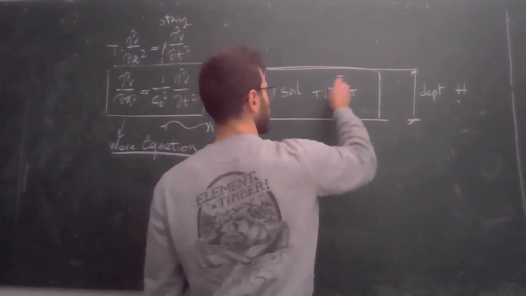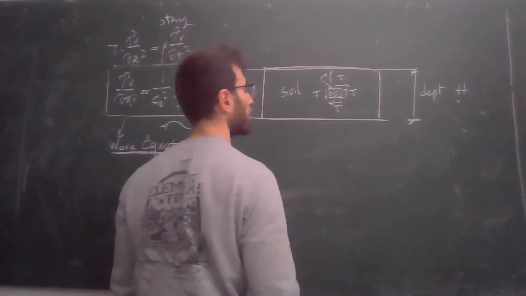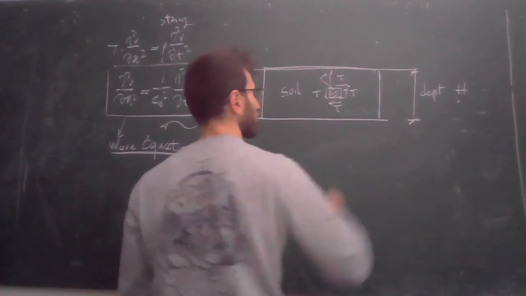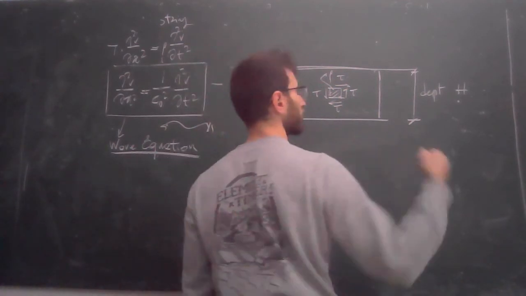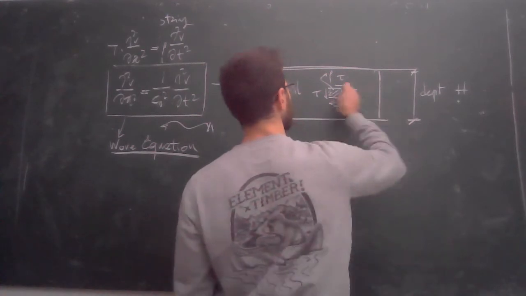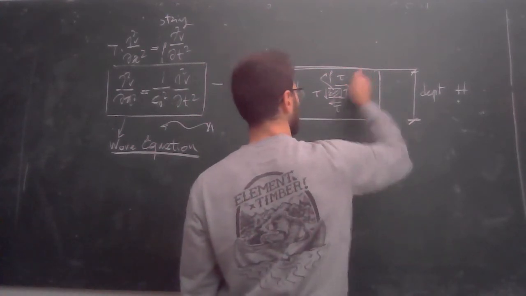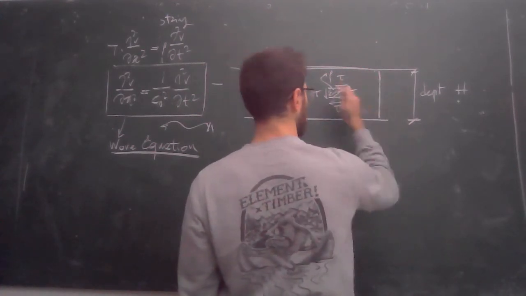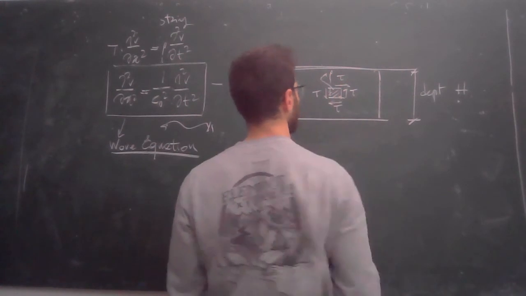The element has mass density rho, and we consider that the displacement field is the horizontal displacement, because it's like shaking horizontally, like a cake,